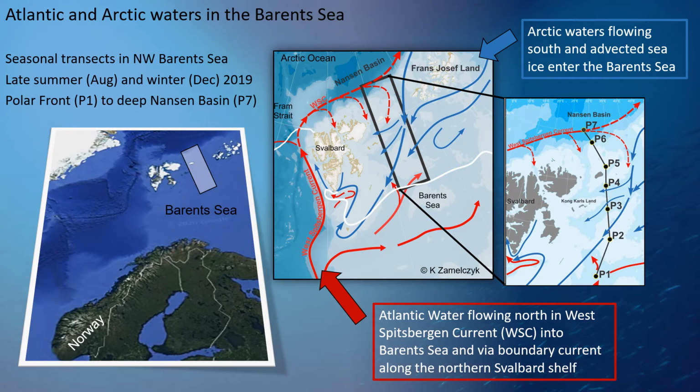The Barents Sea is located in the Atlantic part of the Arctic Ocean. Atlantic waters flow north in the West Spitsbergen Current and enter the Barents Sea in the south, but also via boundary currents along the northern Svalbard shelf. Arctic waters flow south into the region and act as a transport pathway for sea ice to enter the Barents Sea. The region has experienced warming, loss of sea ice, and increased Atlantic water influence or Atlantification over the last